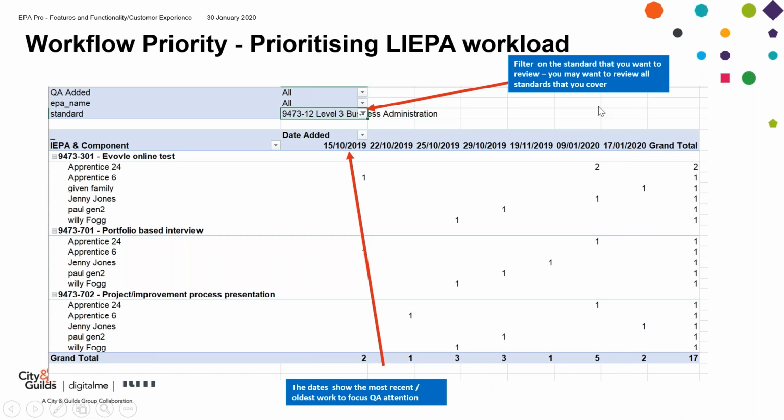So, okay, scary screen, but let's just pause a minute and look at what we can see. So the report that you'll be given access to will be relatively simple to look at. What you can see is an IEPA name and a standard. So you as a LIEPA will have a number of different IEPAs that you're working with, and you'll have a number of different standards that you're working with. So if you're working across customer service and business administration, you'll have an option here, for example, to select business admin or customer service, or actually to select both of them at the same time,